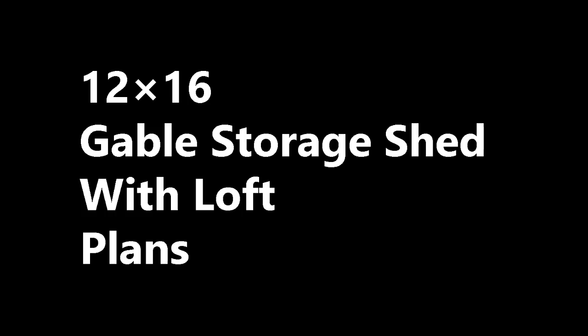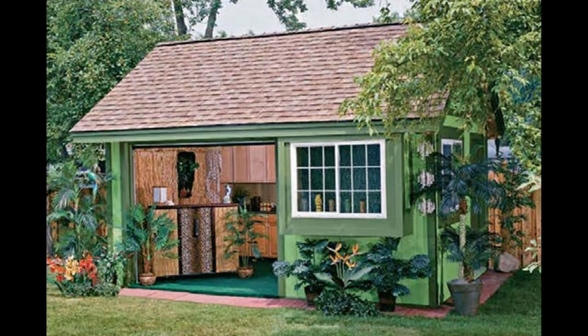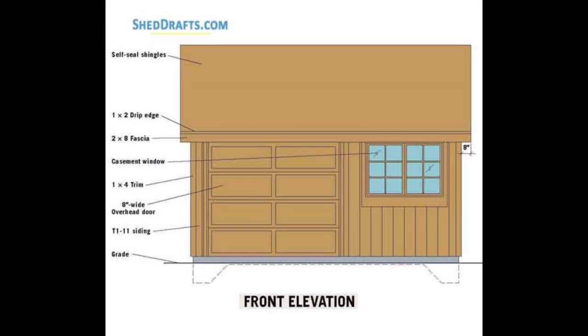12 by 16 gable storage shed with loft plans. This shed has exceptional versatility and ample storage space. This classic gabled outbuilding has a footprint that measures 12 by 16 feet, and it includes several features not found in most storage sheds. For starters, its 8-foot-wide overhead garage door provides easy access for large equipment, supplies, projects, or